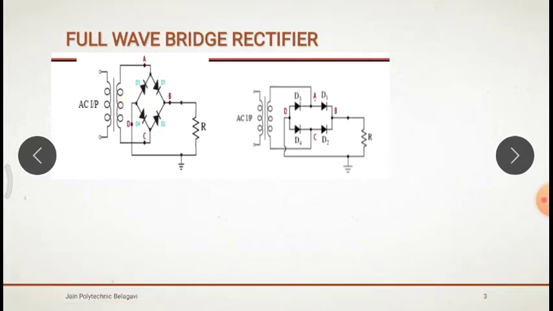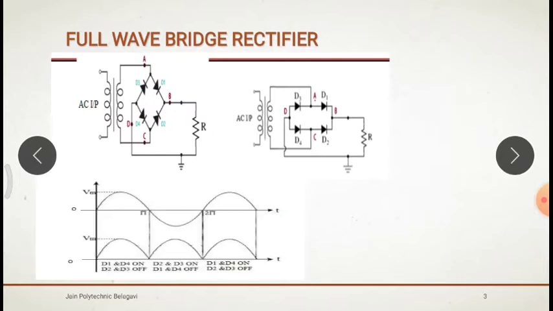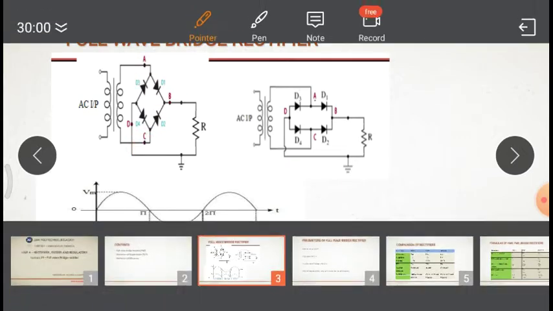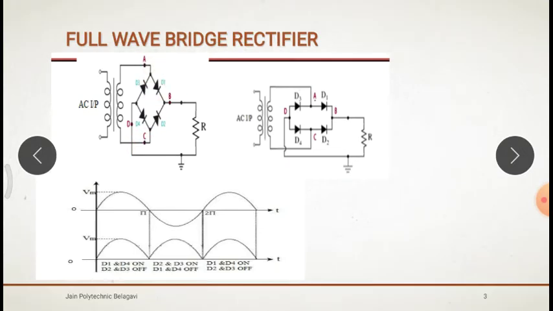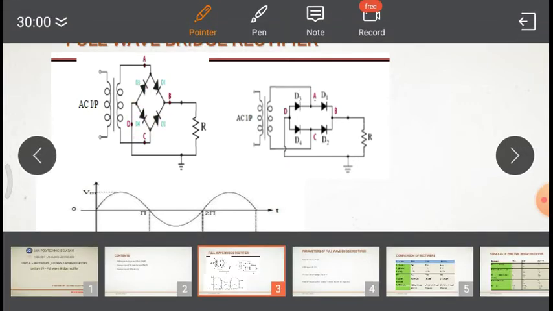So how does it work? We'll see now. I'll show the waveform first. Okay. During the positive cycle, what happens? This end will become positive, and the A and C ends will become negative. Positive means which diode will work here? Positive goes to the anode. Which is the anode? This side, D1. So D1 will be conducting, and this side is negative. Negative goes to the cathode. Where is the cathode? D4. So during the positive half cycle, D1 and D4 will conduct, and D3 and D2 will not conduct.